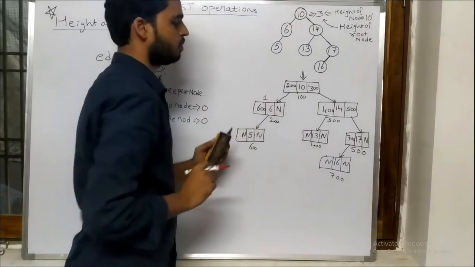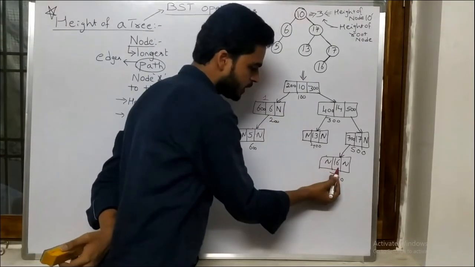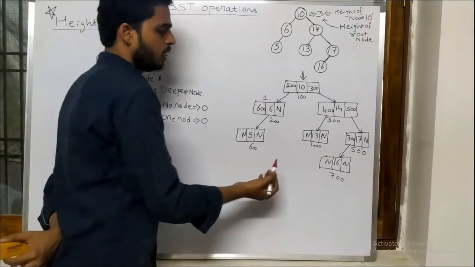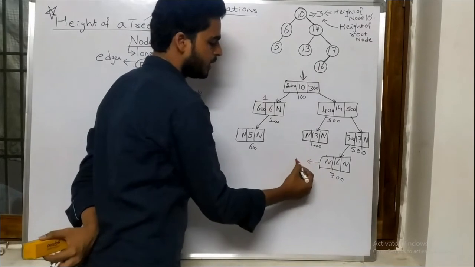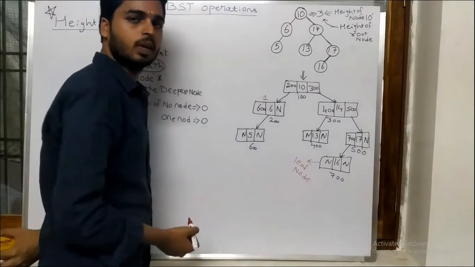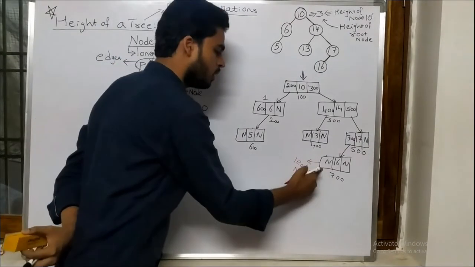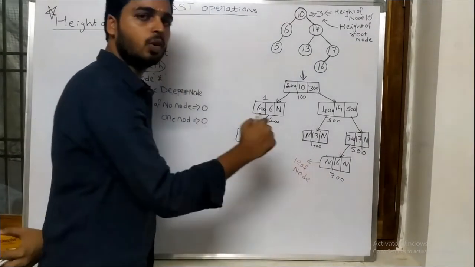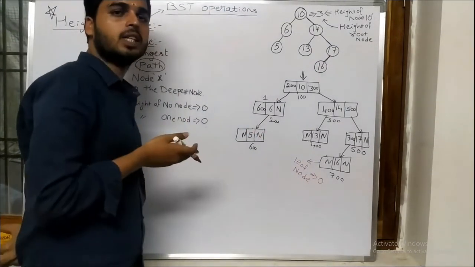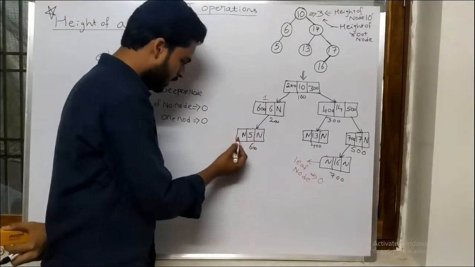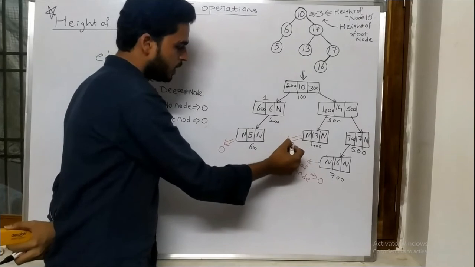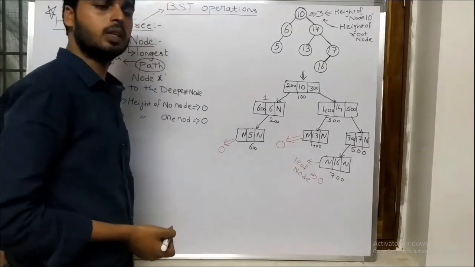You can understand. What is the height of this node 16? See here, as it is a leaf node, the leaf node height is always 0. You don't need to calculate either the left child value or the right child value, right? Similarly, this is also a leaf node, so the height of this leaf node is 0. And this is also a leaf node, so its height is 0. This leaf node is 0.